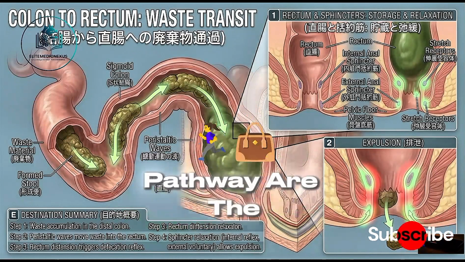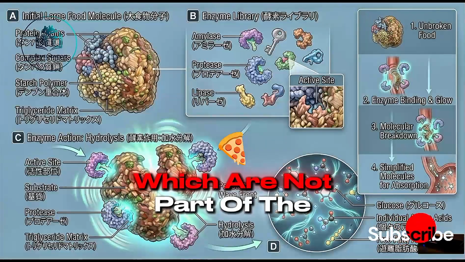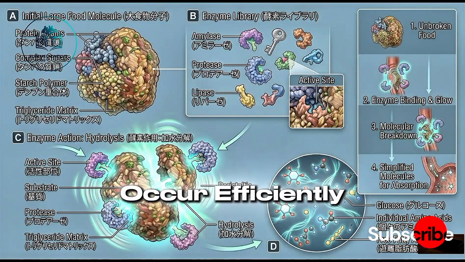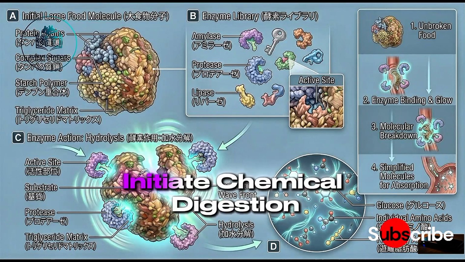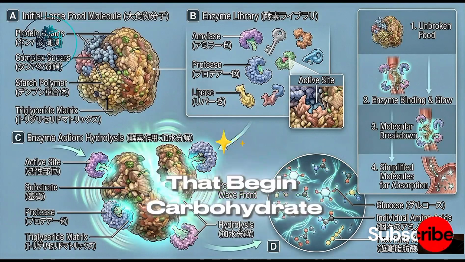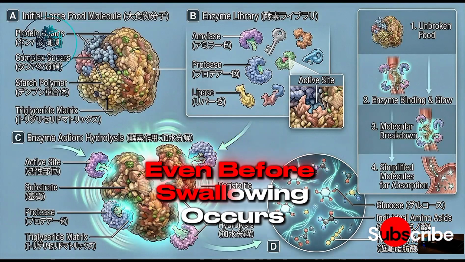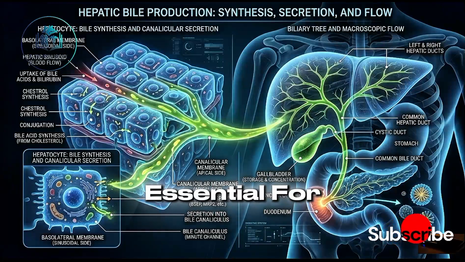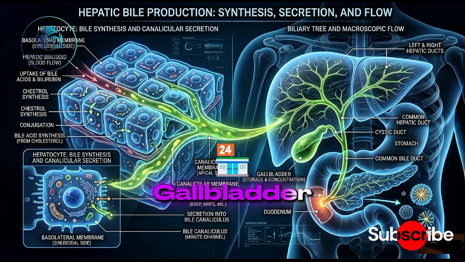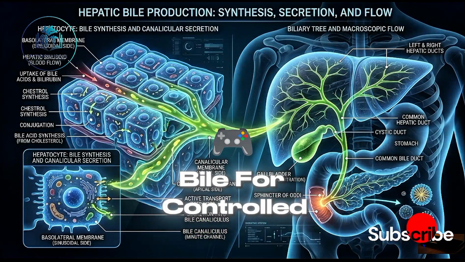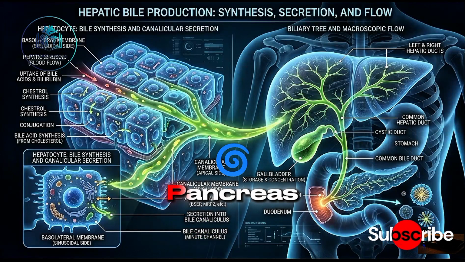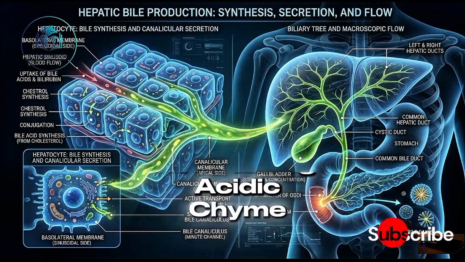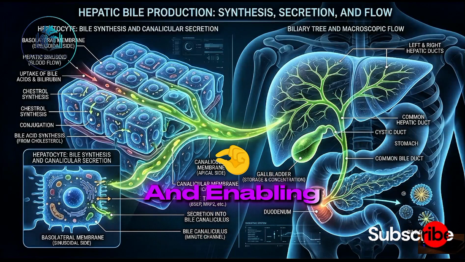Running alongside this pathway are the accessory organs, which are not part of the food passage, but are critical for digestion to occur efficiently. The salivary glands initiate chemical digestion by secreting enzymes that begin carbohydrate breakdown even before swallowing occurs. The liver produces bile, a substance essential for fat emulsification, while the gallbladder stores and concentrates this bile for controlled release. The pancreas contributes a powerful mix of digestive enzymes and bicarbonate, neutralizing acidic chyme and enabling enzymatic activity